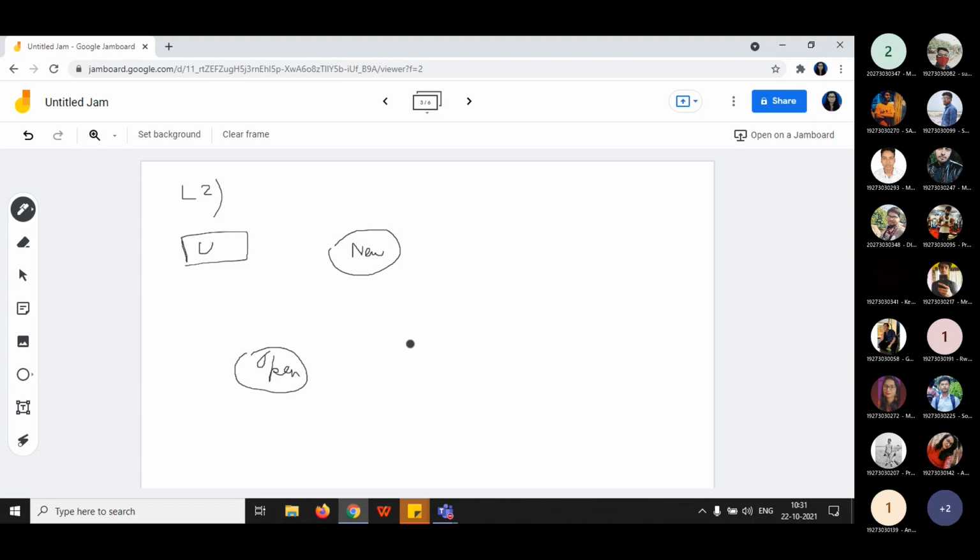Another process is print. Another process is save. In this way, help.